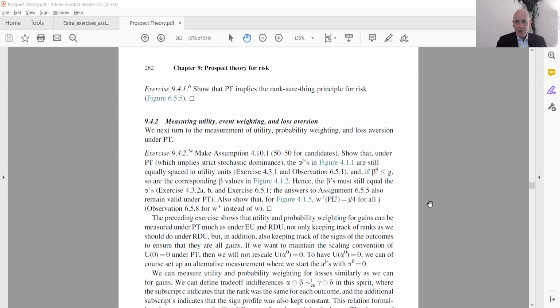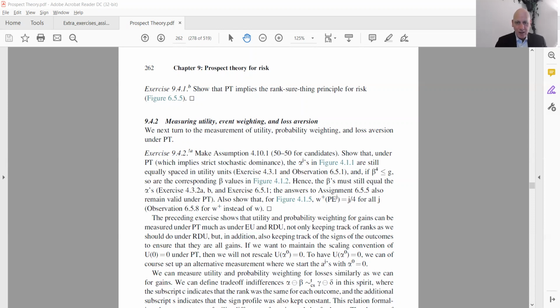The answer is, well, maybe you can pause the recording and think about it if you don't remember it from previous discussions. So I'll give you a moment to pause. Anyway, the answer is no, we do not measure the loss aversion parameter. Loss aversion is the exchange rate between gains and losses. Then you only have to consider gambles that have both gains and losses. The experiment was not doing that. So the experiment did not fully measure prospect theory. Well, we've seen that before.